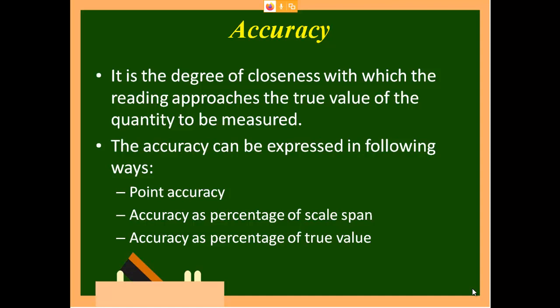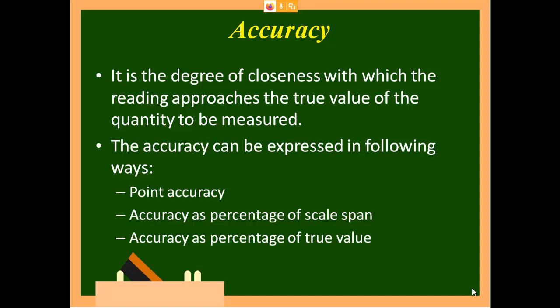It is the degree of closeness with which the reading approaches the true value. From the true value there will always be deviation, and how much you deviate is called your accuracy level. Some meters we use in our machines lab cost not more than 3000, but standard meters may cost around 10 or 20,000. The same voltmeter there will show the accurate or true value.